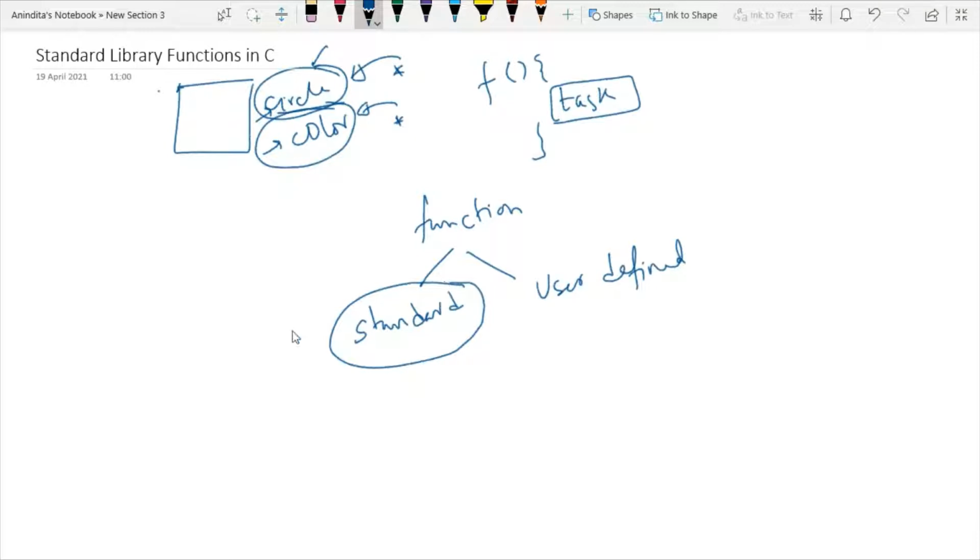I want to explain some of the useful standard library functions in C. Whenever we talk about standard library functions in C, we know that there are popular library functions such as printf and scanf that we are using every day in every program.